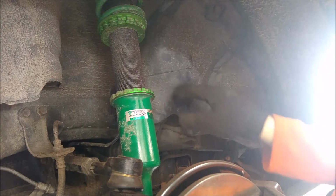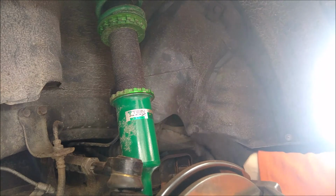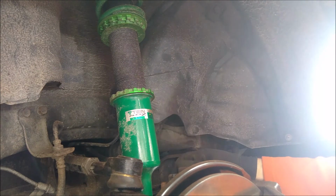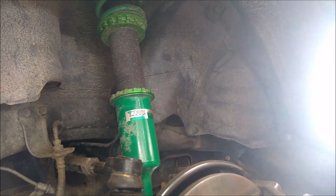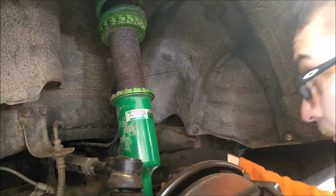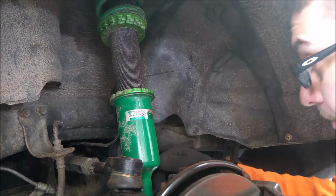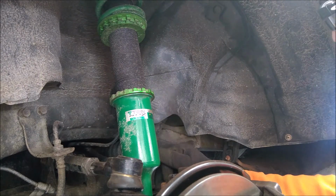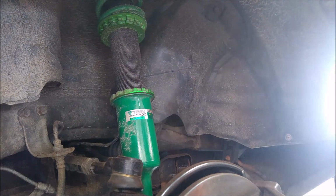Overly complicated. It looks like we just have an inner fender here and some keeps, like an inner wheel well plastic keeps. Those traditionally break, so if you're going to do this, make sure you have a couple of those on hand. You can see the actual filler neck comes down right here. So let's go ahead and remove this panel and then see what happens, or what we actually have access to